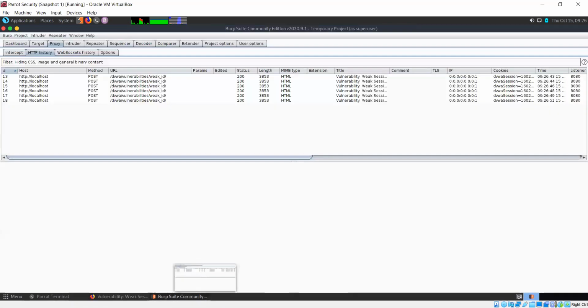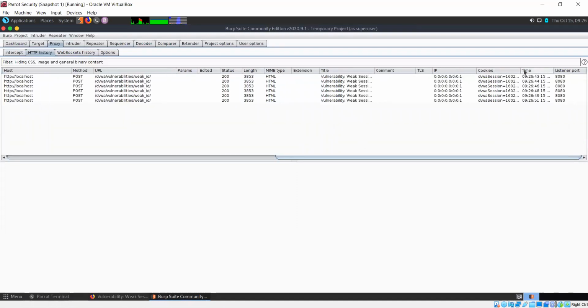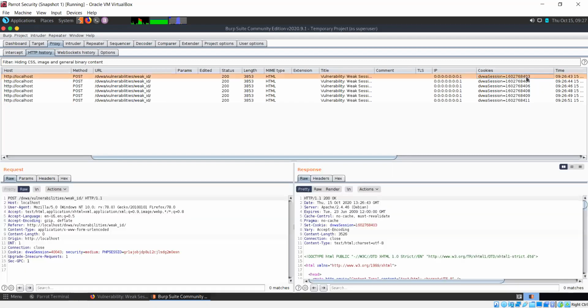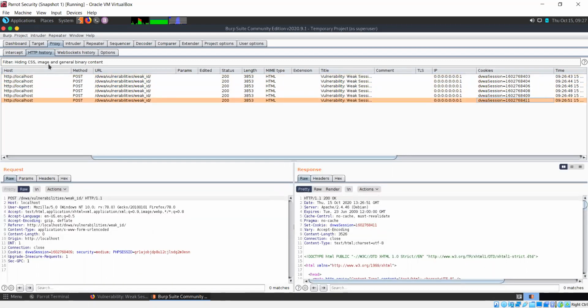So this time the cookie looks like a long value. Whether they are random or not, let's see.